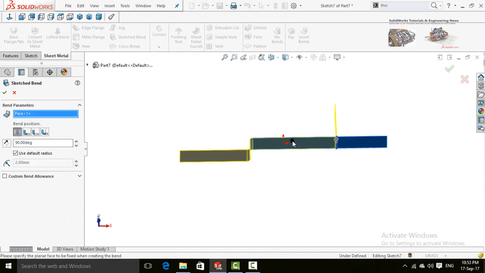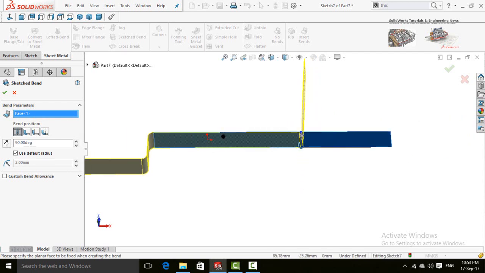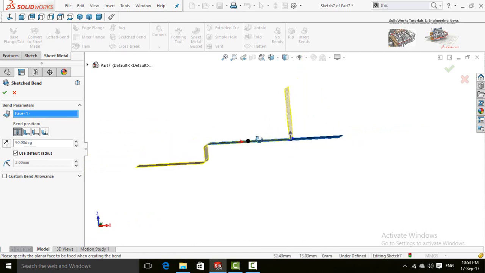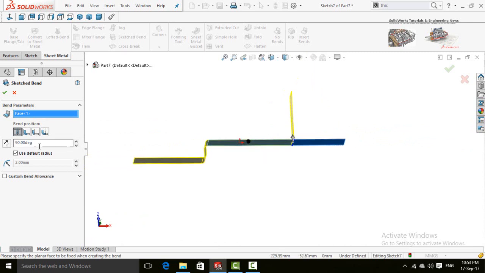So this is our fixed face. Automatically this sketch is selected. So you can see here is only one bend in our sheet metal. The degree and the rest of the settings you can review by yourself. Press OK to apply.